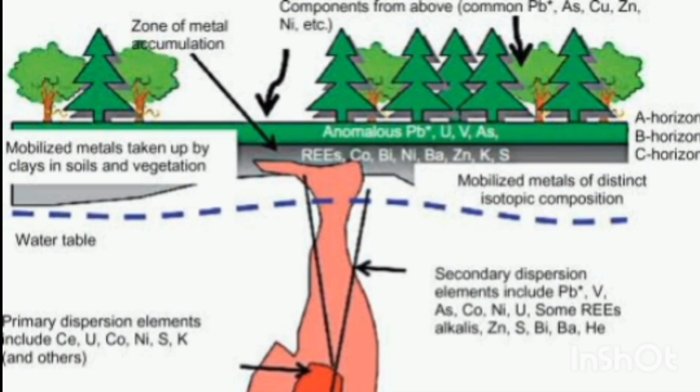Classification on the basis of types of mineral. We have native ore, sulfide minerals, oxide minerals, carbonate minerals, halide minerals, silicate minerals, phosphate minerals, sulfate minerals. Ore deposits have also been classified into the Lindgren classification, which was based on hypothermal, epithermal, mesothermal, and hypothermal, on the basis of temperature.